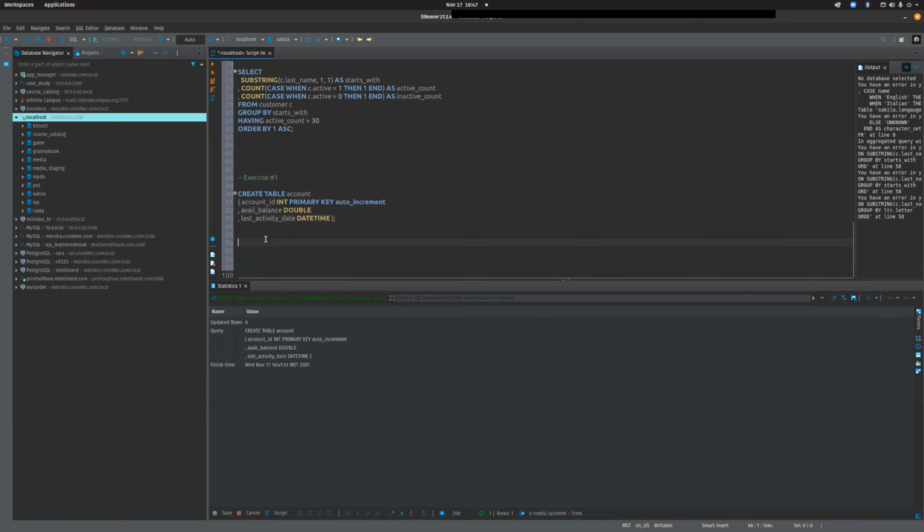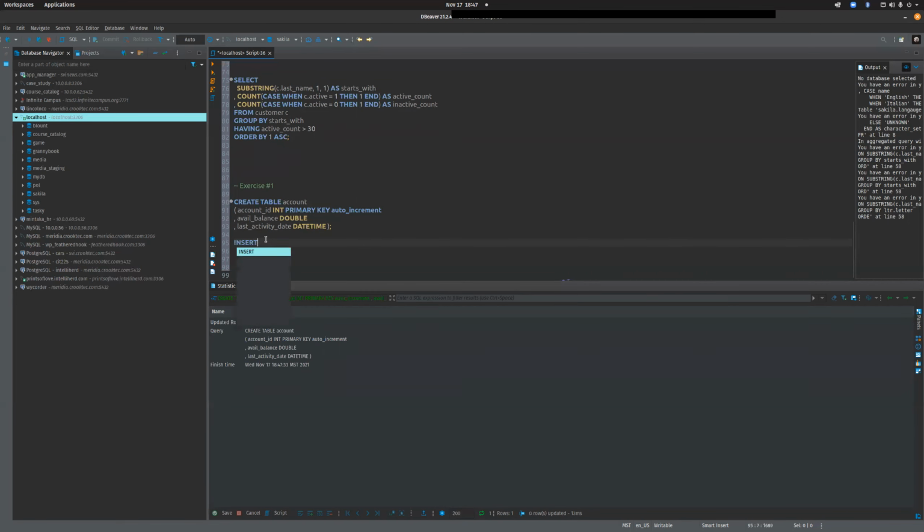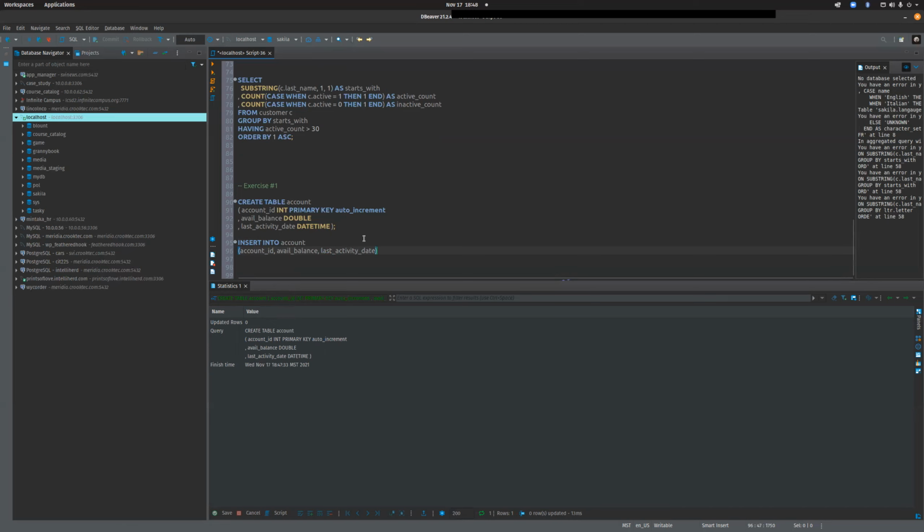There's that table. And next we need to fill that with some data. So let's say insert into account. We're going to insert into account ID, avail balance, and last activity date. And our values are as such. It's going to be 1, 2, 3,